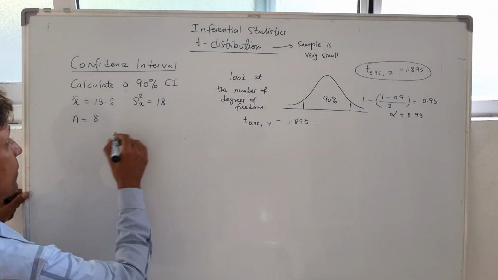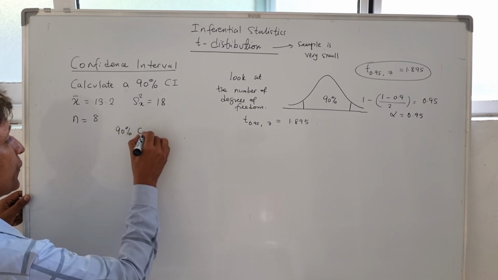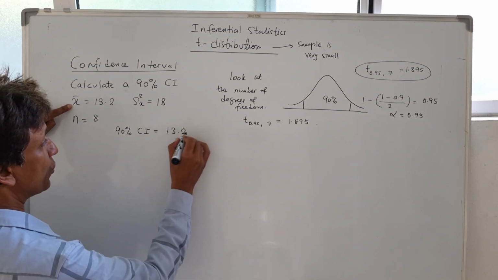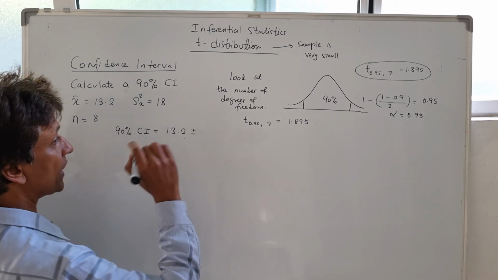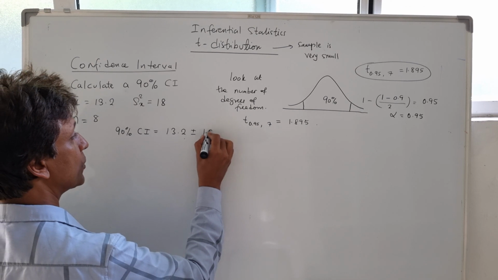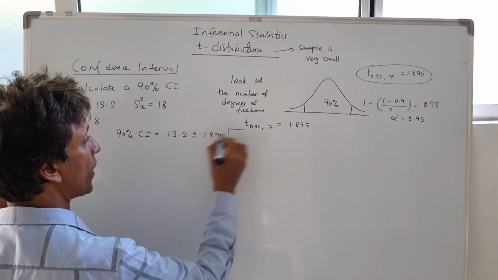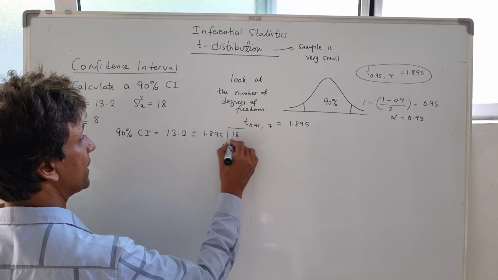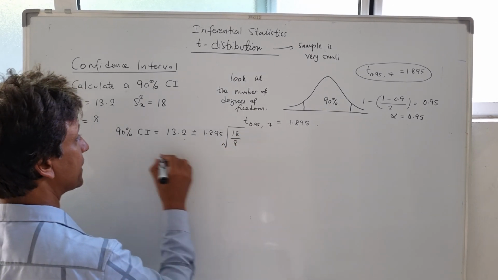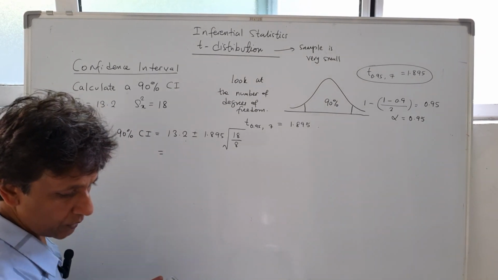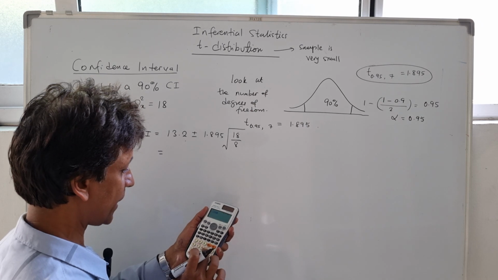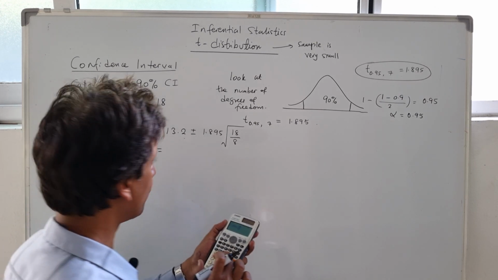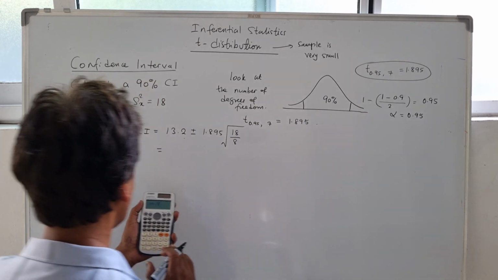So what we're going to do is calculate the 90% confidence interval, which is basically the sample mean of x, 13.2, plus or minus the t value, which is 1.895, multiplied by the square root of the variance, which is 18, divided by the sample size, which is 8. So if we were to do this on our calculator, 1.895 multiplied by the square root of 18 over 8, we're bound to get